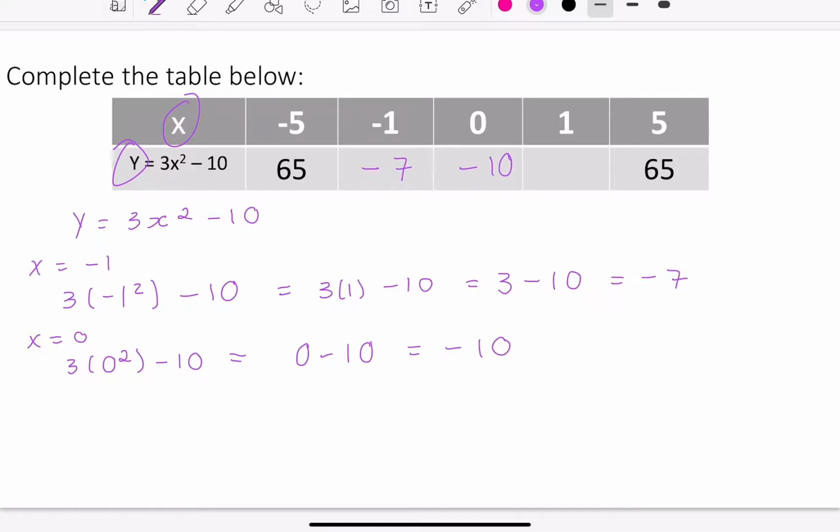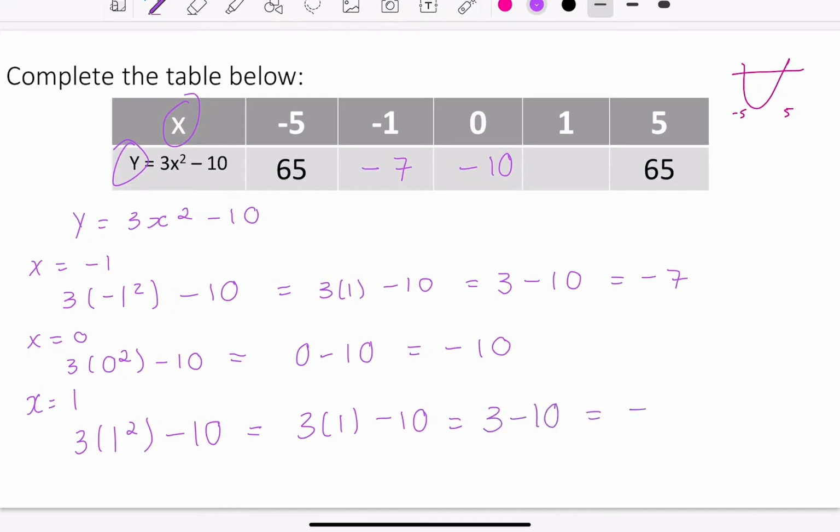Now, if you know anything about quadratics, quadratic graphs are always a U shape, which means, as you can see with my 5s, they're the same at minus 5 and 5. This is a good guide, but always check first. So I'm going to do x is equal to 1. I'm going to do 3 times 1 squared minus 10. 1 squared is 1. So now I've got 3 times 1 take away 10. That's 3 take away 10. That's minus 7. So it does line up to give us these